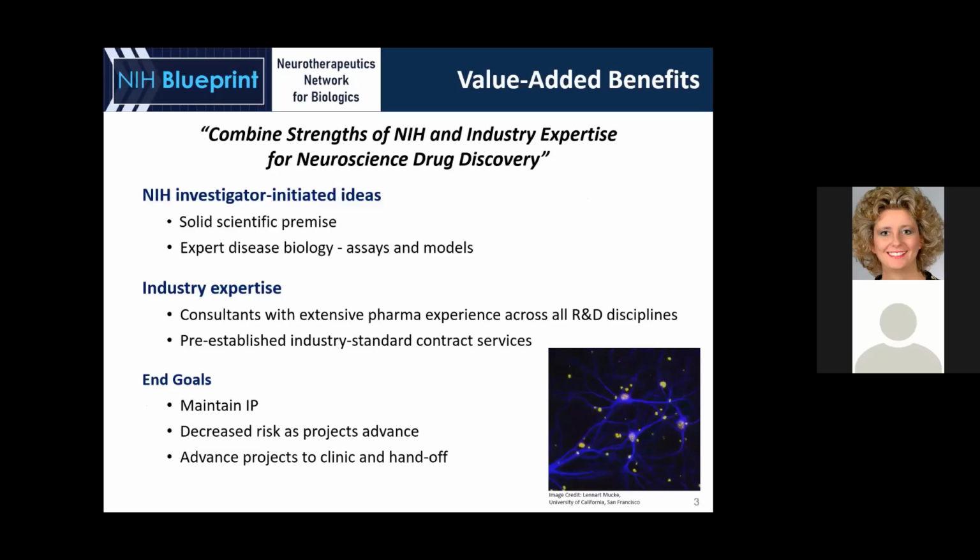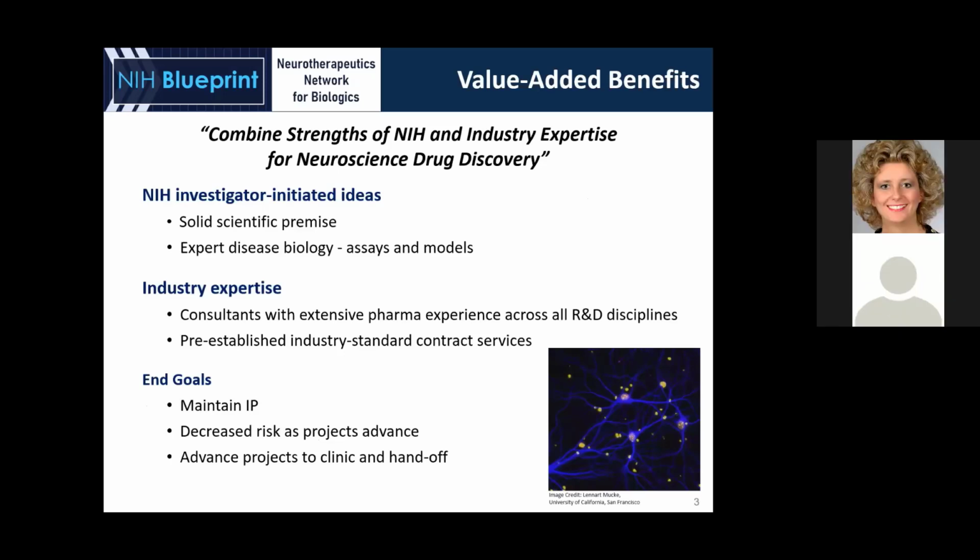So let's talk about BPN-Biologics and the framework of the program itself. BPN-Biologics is an expansion of the existing Blueprint Neurotherapeutics for small molecules, which has been in existence for a significant amount of time and has enjoyed much success. The basis for this is really to combine the strengths of both NIH and industry expertise and aid in shepherding neuroscience drug discovery from